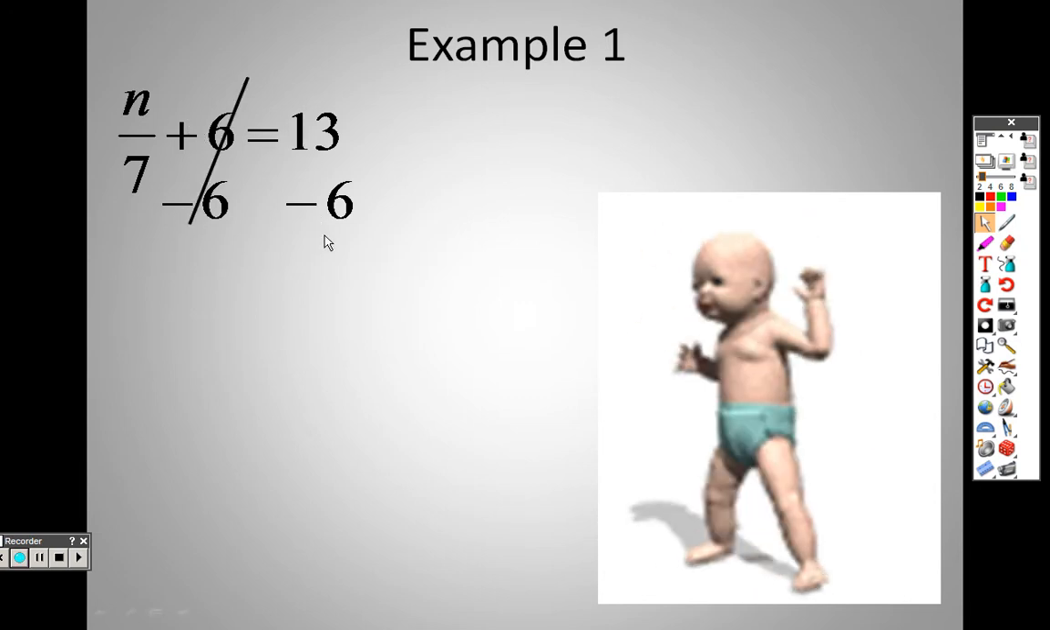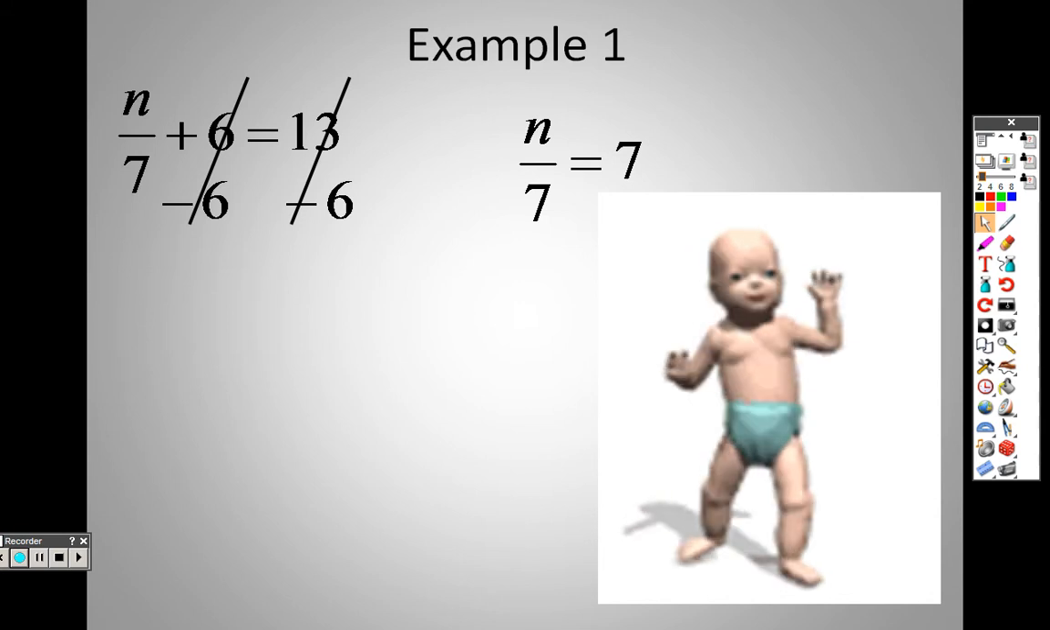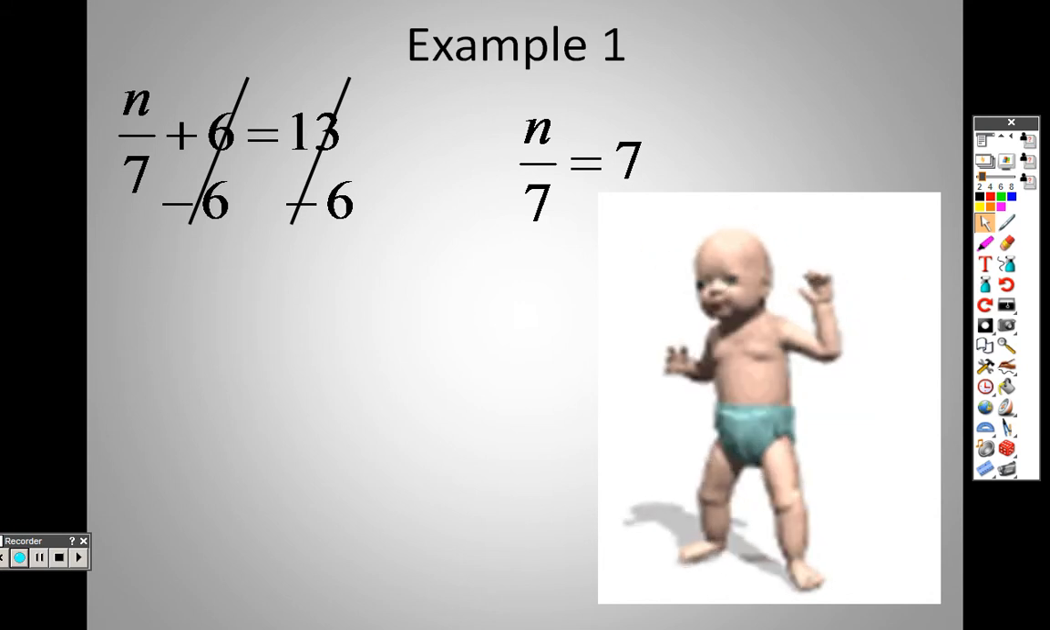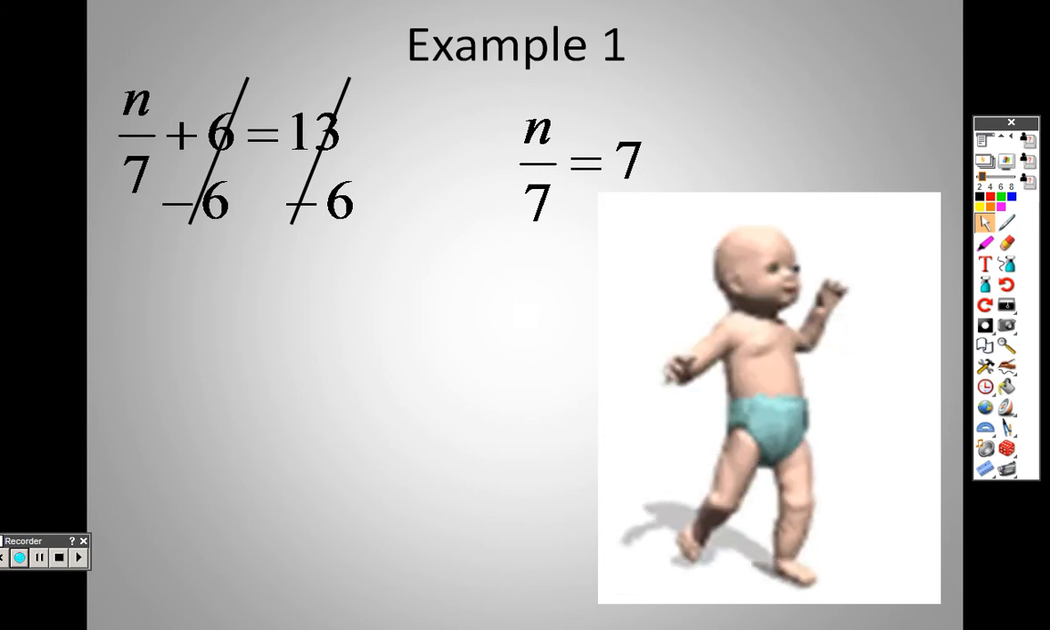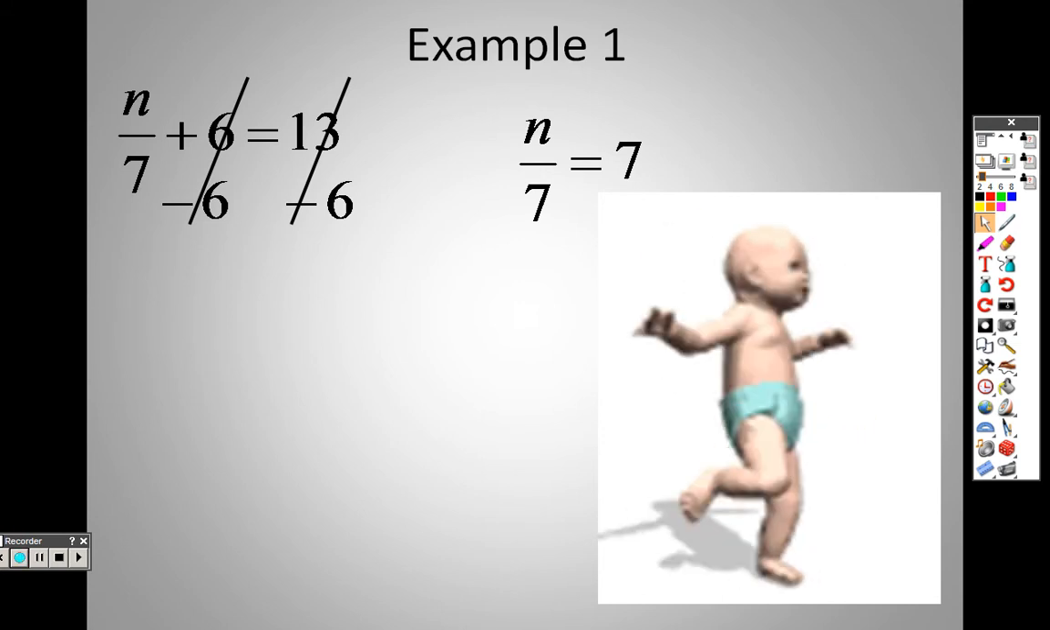13 minus 6 is 7. So this is what I'm left with. N over 7 equals 7. We have a fraction. Remember opposites. The opposite of addition is subtraction. The opposite of subtraction is addition. The opposite of multiplication is division, so the opposite of division is